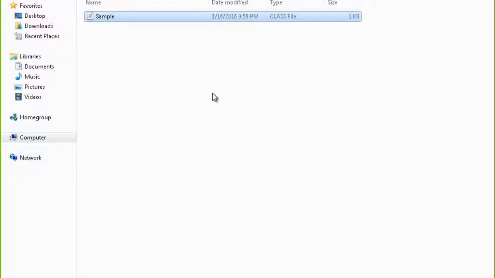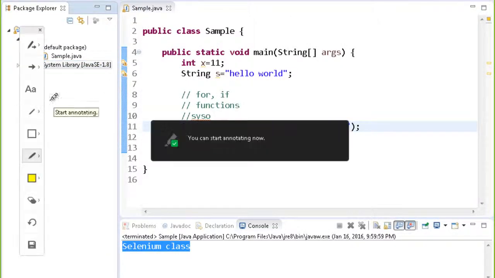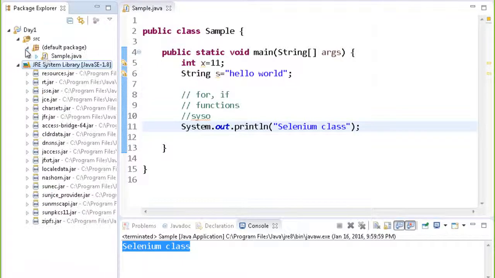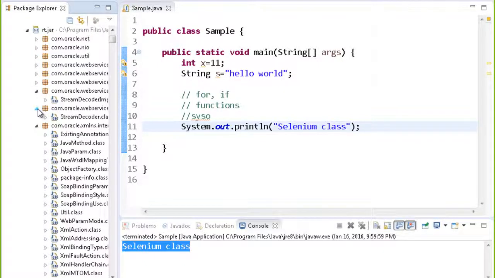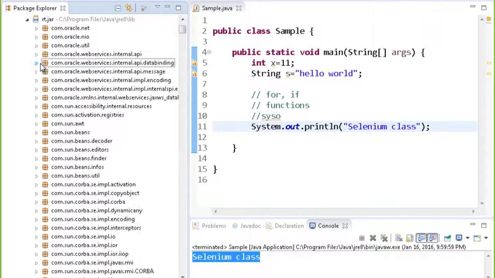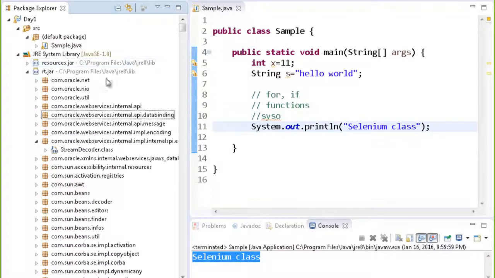Similarly, this is the Java which is there in your Eclipse, the Java JRE system library. If you expand this, it has many jar files in it. Every jar file has many class files inside it. Every jar file is a collection of many classes. These are inbuilt classes which we can use.